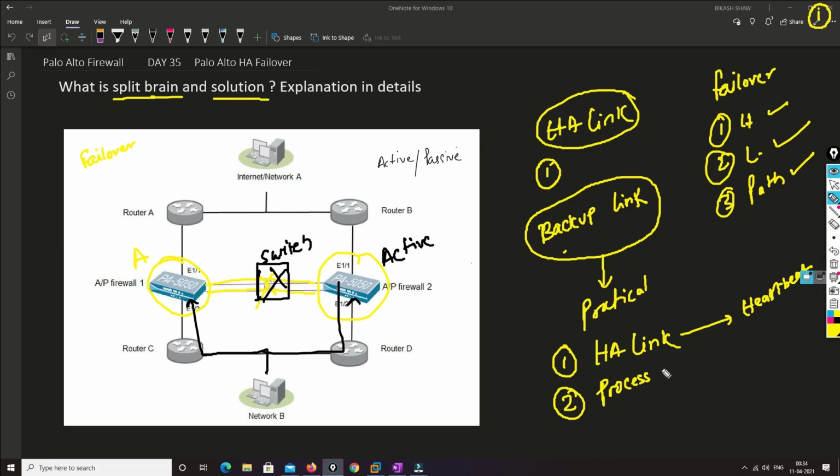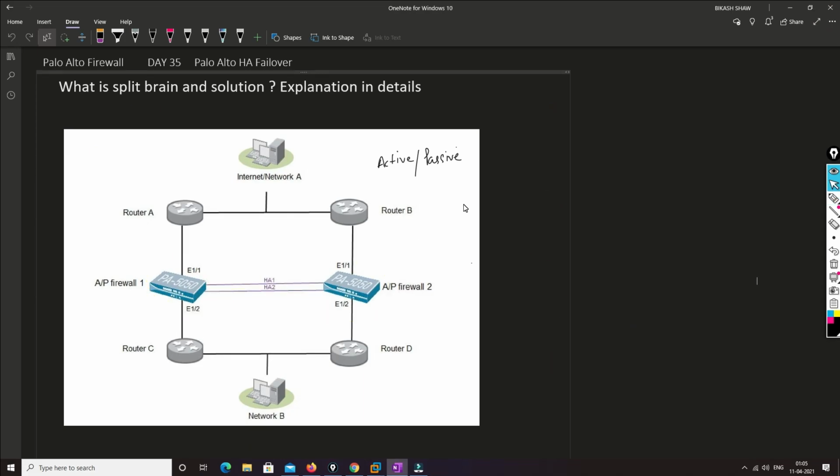If the Palo Alto firewall is not able to process this heartbeat traffic, maybe because of high utilization, then in that case also the split brain can happen. In the practical we'll talk about the solution and we'll see how it happens.